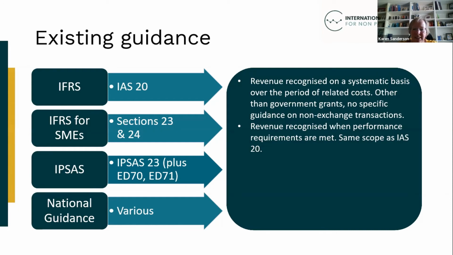The recognition criteria and measurement bases in the IFRS conceptual framework and the recognition criteria and measurement basis in the IFRS for SMEs standard could potentially be applied to other non-exchange revenue. Applying these concepts would in both cases result in revenue and an asset being recognised at fair value when an NPO controls a donated item. If a condition gives rise to a present obligation for an NPO, a liability may be recognised until the obligation has been satisfied. At that point, the liability would be de-recognised and the revenue recognised. So there is a by analogy type approach possible there.